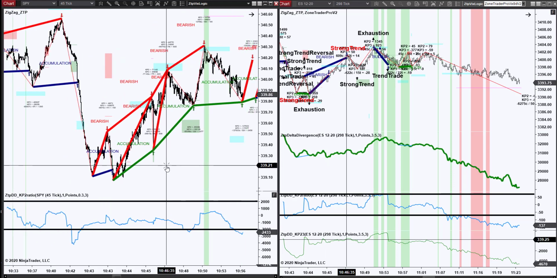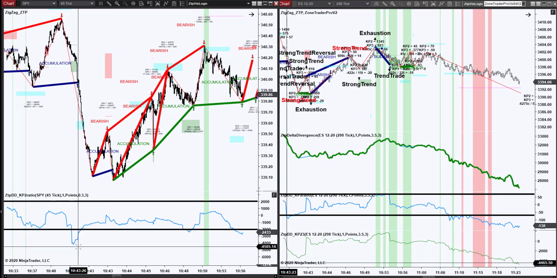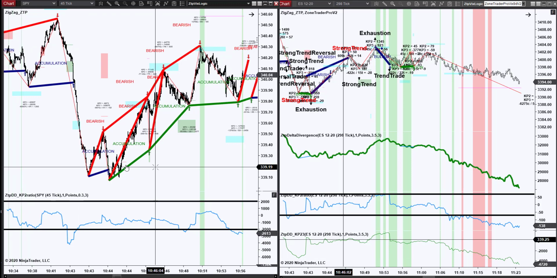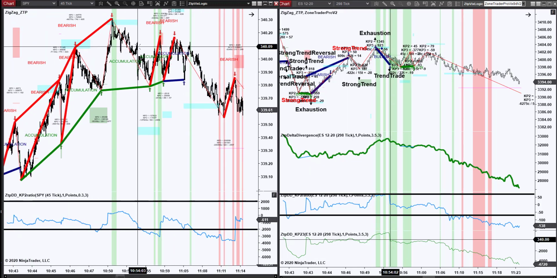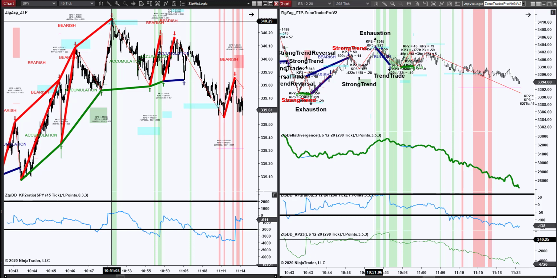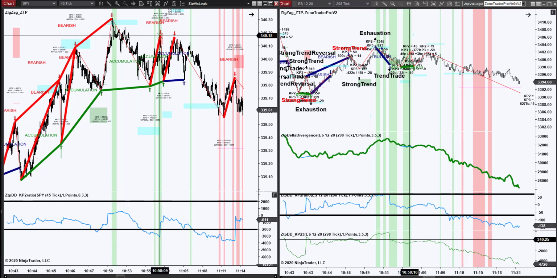The other thing that I would point out here is on the way down, we saw this big spike in the Kp2 down to here, which also indicates a lot of accumulation. Now, on the other side, as we got to the top here, we just had regular divergence, which I'm not personally interested in trading. And then we see this pattern right here, and this is fairly common when a trend